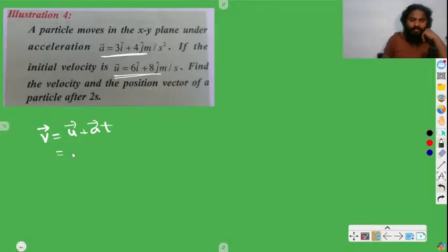So that is equal to, what is u here, 6i cap plus 8j cap, 6i cap plus 8j cap. Okay, plus what is the acceleration vector? This is the initial velocity vector, and the acceleration vector is